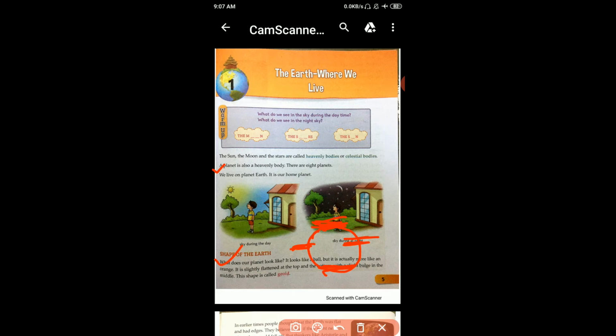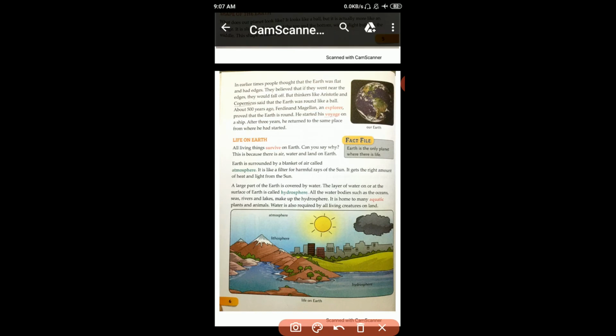Now move on. Next page, student. In earlier times, people thought that the earth was flat and had edges.